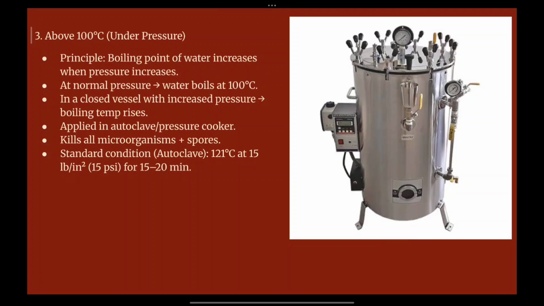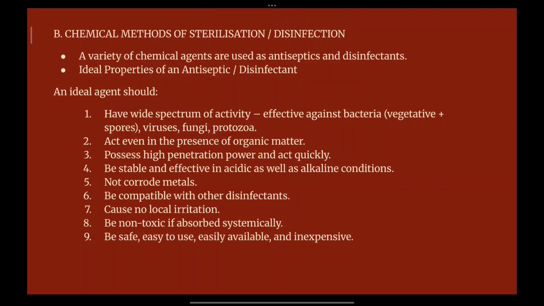So we'll be moving to the next one, which is chemical methods of sterilization or disinfection. A variety of chemical agents are used for antiseptics and disinfectants. We have all known that during corona we were continuously using antiseptics and disinfectants to clean the surfaces or the surroundings in order to avoid infection or contracting the coronavirus. So chemical methods were commonly understood by the layman also. Alcohol as a sanitizer was being used by each and every person. The importance of chemical methods was understood during the COVID period.